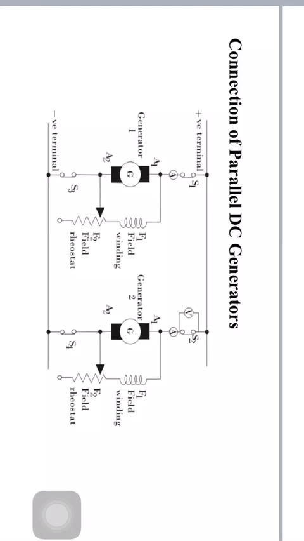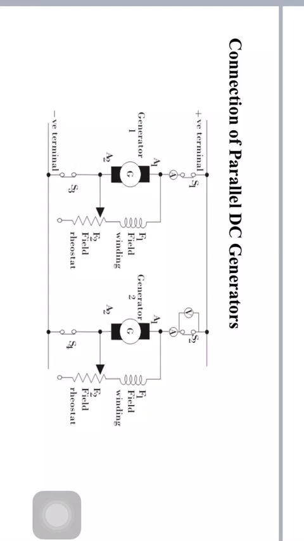If you want to shut down generator 1, the whole load can be shifted onto generator 2, provided it has the capacity to supply that load. In that case, reduce the current supplied by generator 1 to 0. This will be indicated by the ammeter connected in generator 1 circuit. Then open circuit breaker 1, and then open the main switch S1. This is how the load sharing takes place. That is, the load shifts from one shunt generator to another.